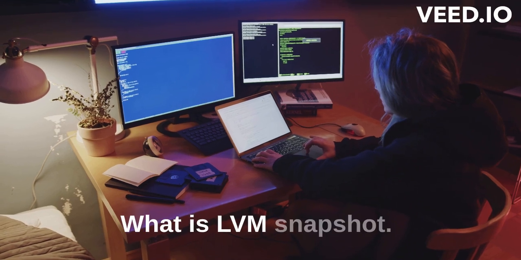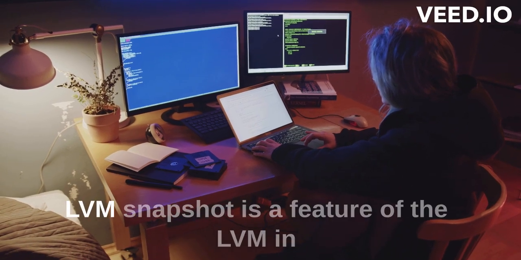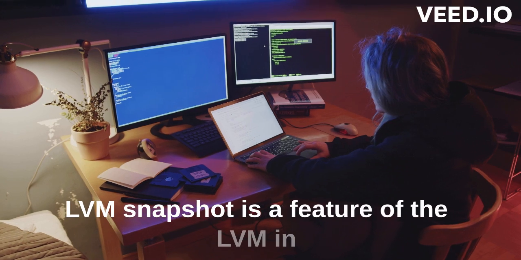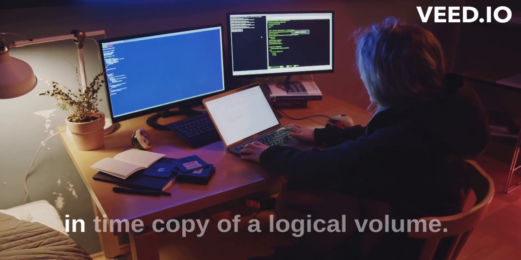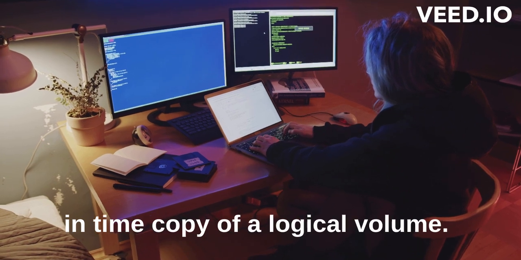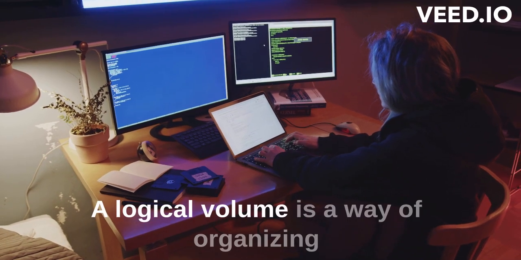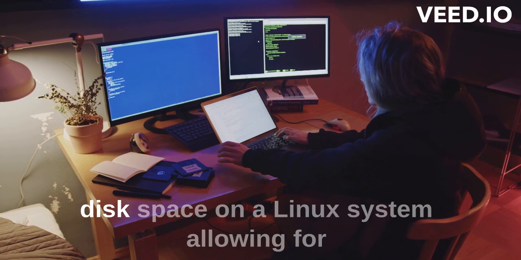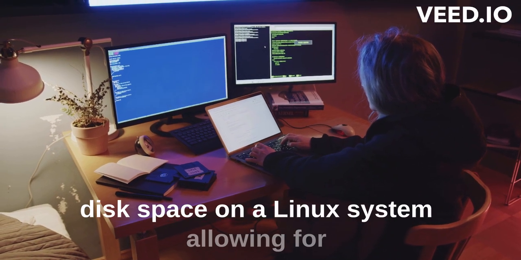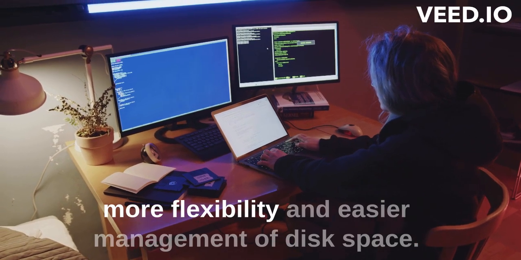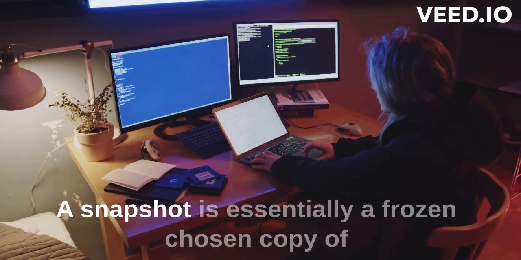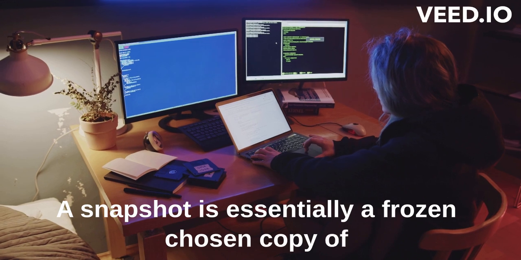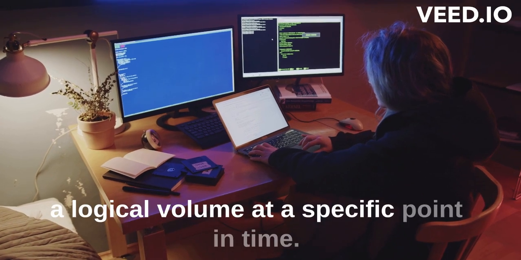What is LVM Snapshot? LVM Snapshot is a feature of the LVM in Linux that allows a user to create a point-in-time copy of a logical volume. A logical volume is a way of organizing disk space on a Linux system, allowing for more flexibility and easier management of disk space. A snapshot is essentially a frozen copy of a logical volume at a specific point in